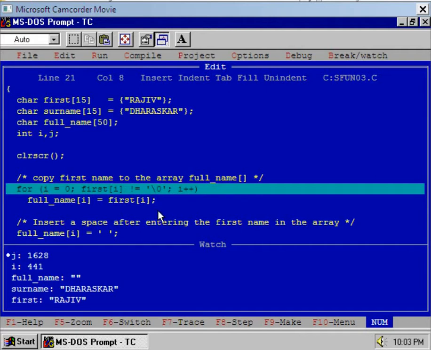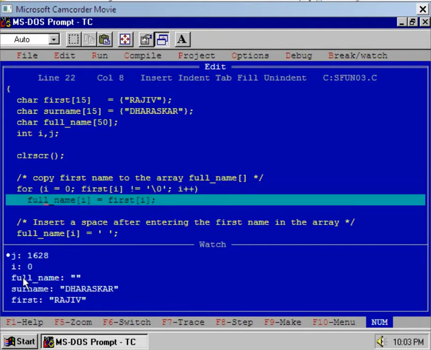Now you observe the process. I am executing the program in a step-by-step manner. Observe the array full name. Now you see, after initialization, the array first contains the first name, that is Raju, and array surname contains the surname Dharaskar. Now you observe the full name array. Press F7.